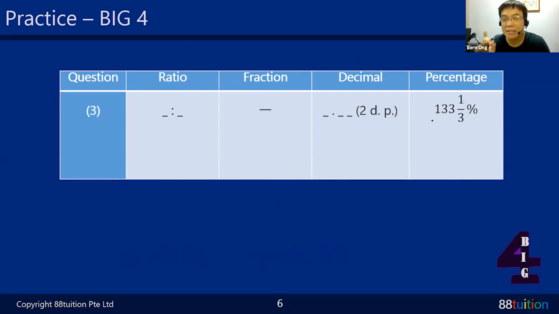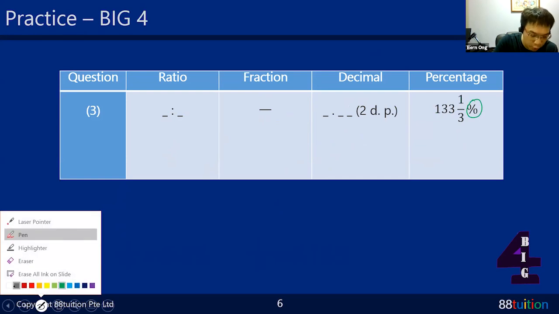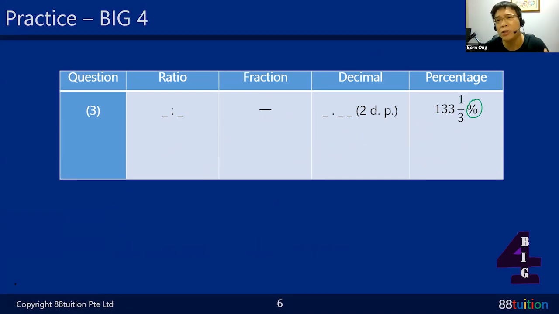Now what happened? In mathematics, they give you the percentage. You are supposed to do the reverse. Divide by 100. I told you already, mathematics is all about these 2 directions. Trust me. It's either you plus to go forward or you minus to go backwards. It's only these 2 directions. So don't worry about it. Just now is to times 100 to come up with the percentage symbol. Now you have the symbol. I don't want it already. So how? Divide by 100.